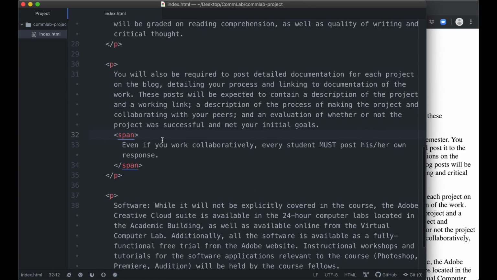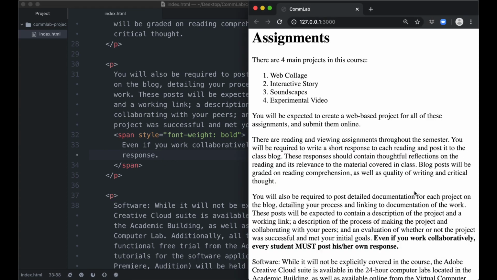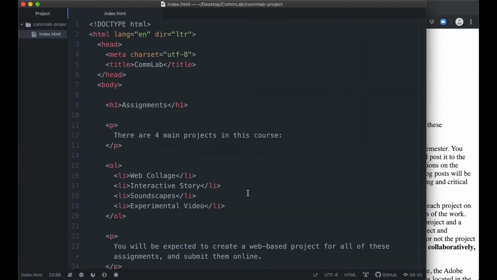Okay, let's bring the style back to our span here. So I think I'm just gonna take out this blue. I'm gonna just only leave a font weight bold here. And I think this is it. Okay,